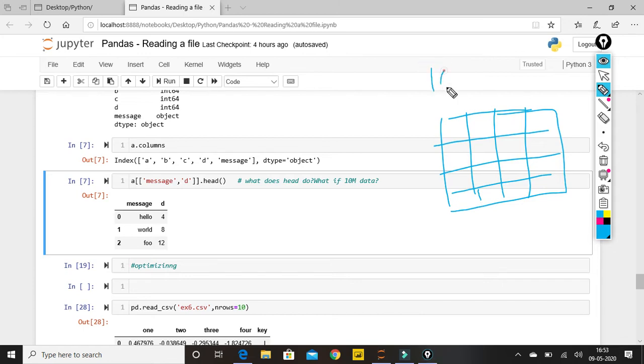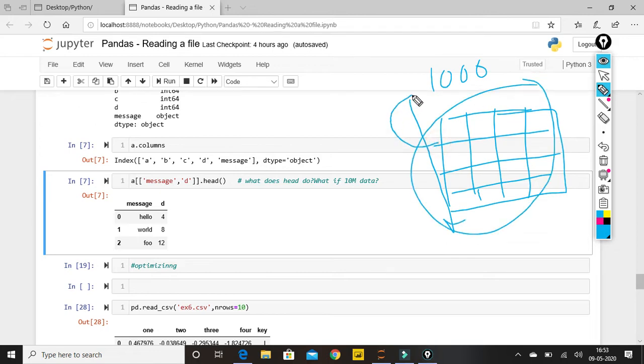Suppose my data frame contains 1000 rows. What the head function does is it will read out all thousand rows, and then it will give me the top 5. If you're mentioning head, then it will give me the top 5. This is not a good practice for this function. Why? Suppose there are 1 million or 1 billion records, it will read out all the data, and then after reading the whole 1 billion records, it will fetch the top 5. So it will be time consuming if the data is huge.